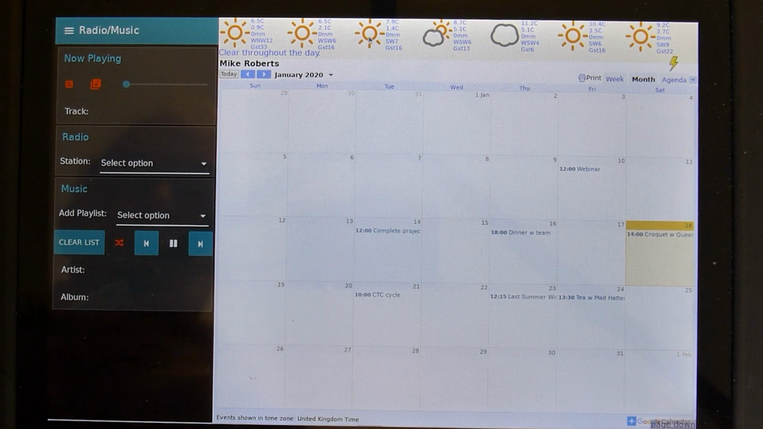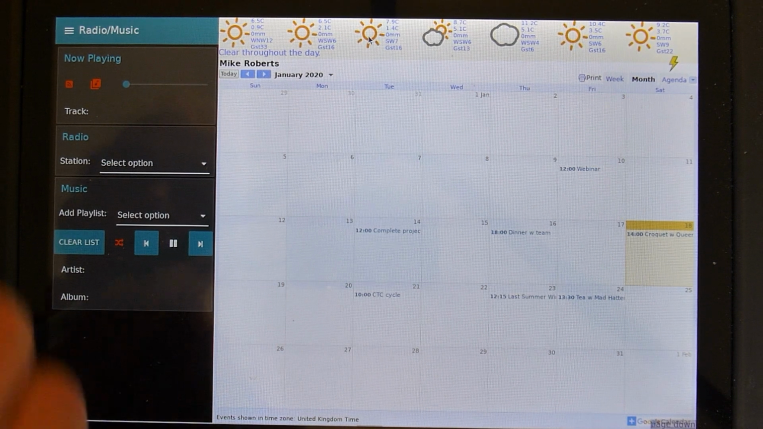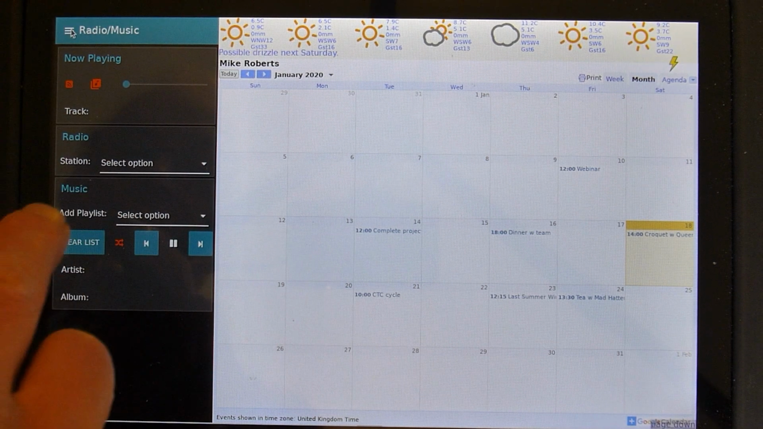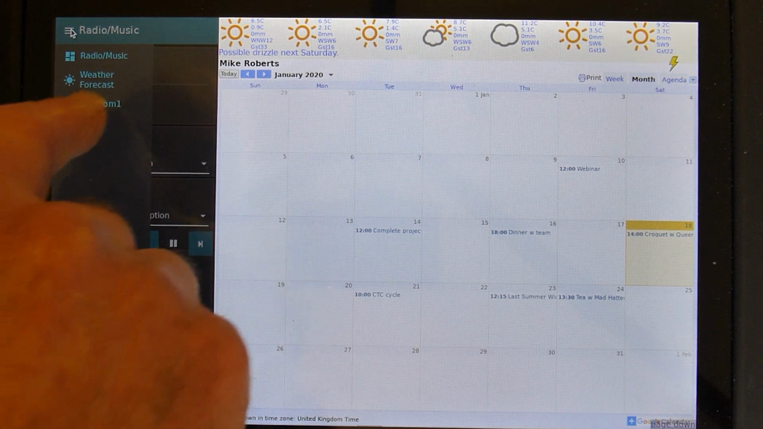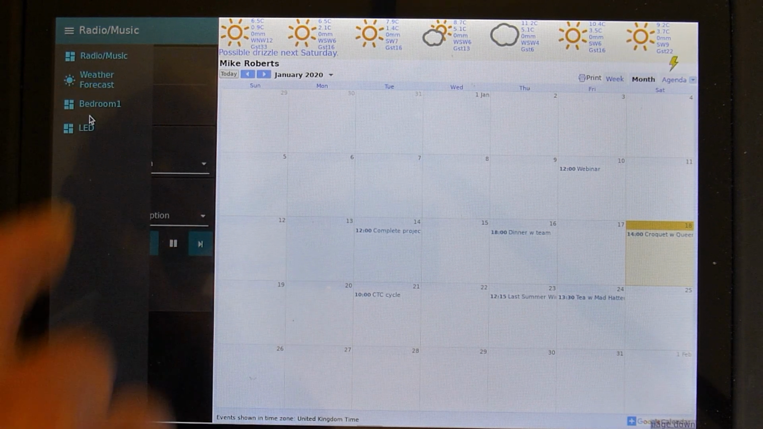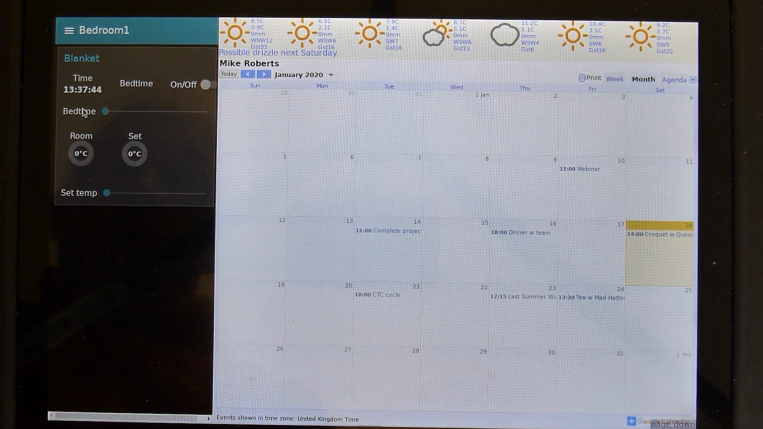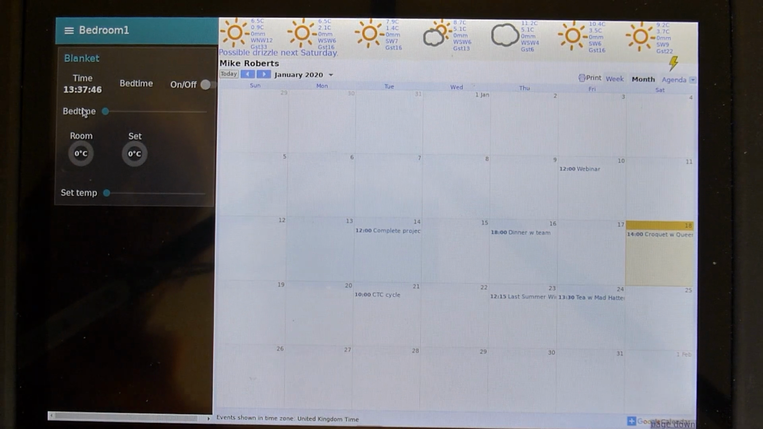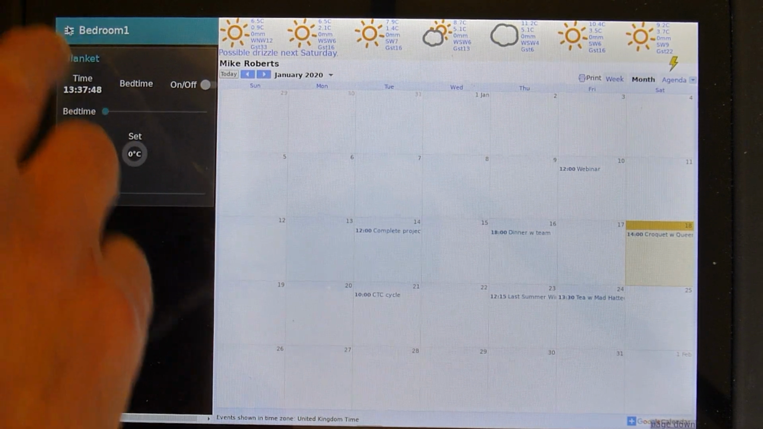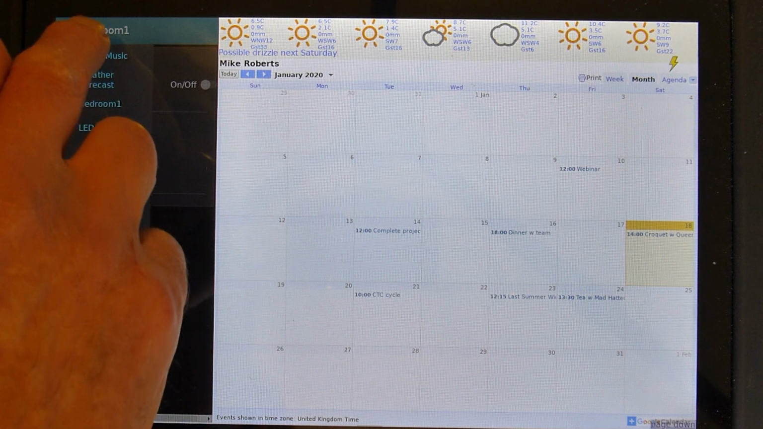And on this side we've got the sound and the automation system, because in addition to the sound system, we've got all the aspects of home automation. So this is just a little routine for switching on an electric blanket at a set time. But if we go back now to the radio music system,